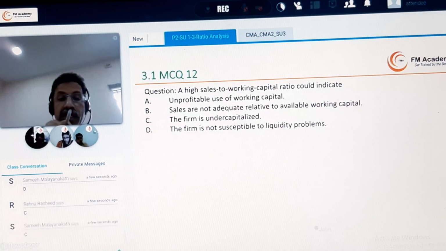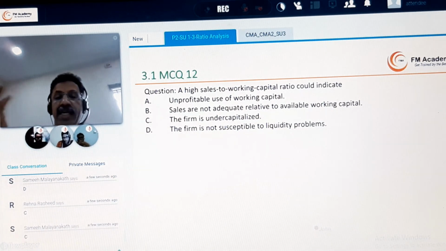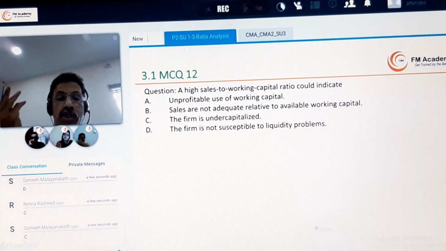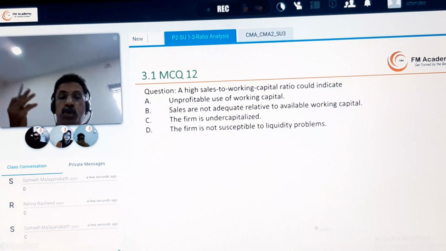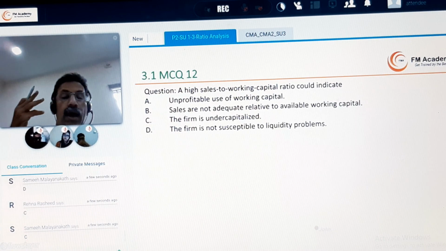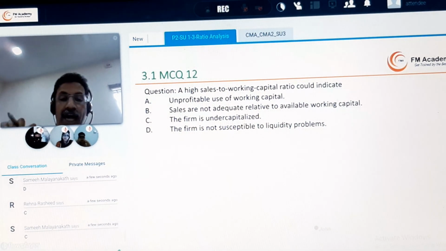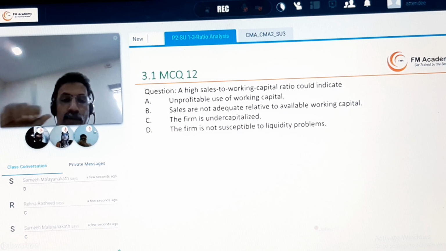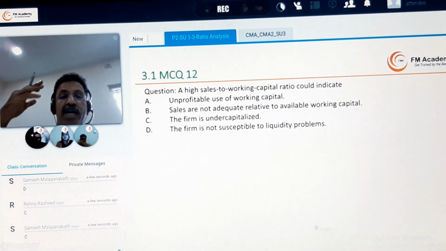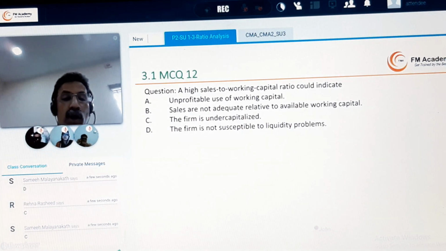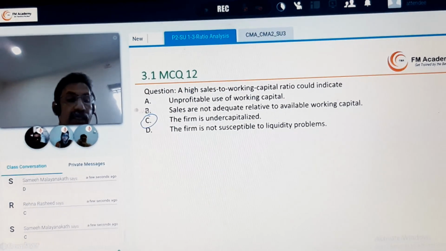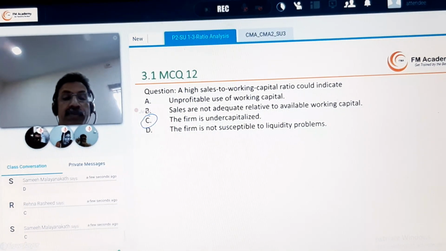Yeah, you have already given. Whenever there is a high working capital turnover ratio, the firm is trying to overtrade. Overtrading means undercapitalization. They are trying to have higher sales with a low amount of capital. So when you have a high turnover ratio, you are undercapitalized. You are correct, Sami and Ragna. But let's